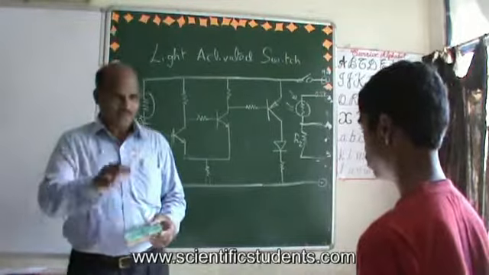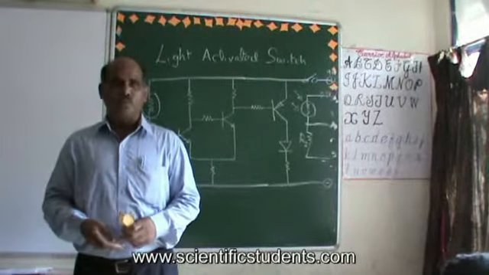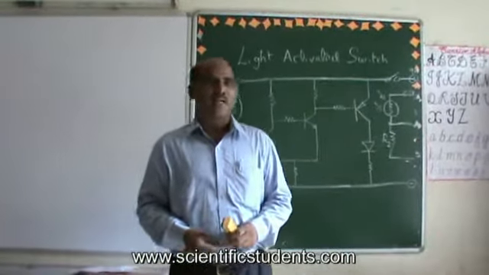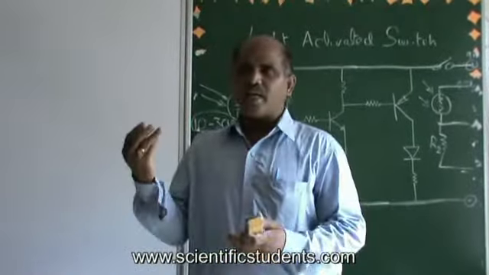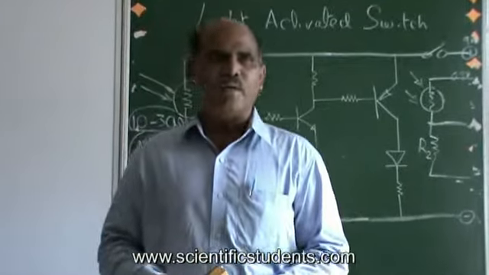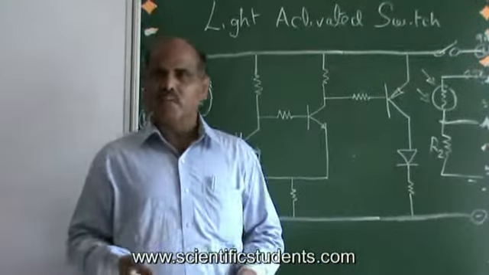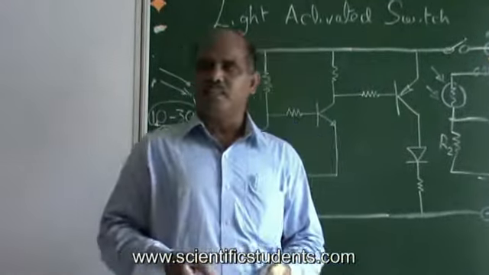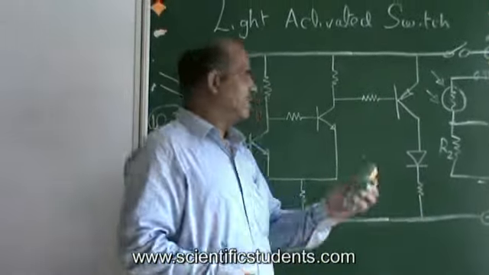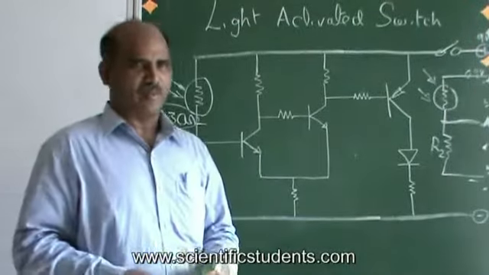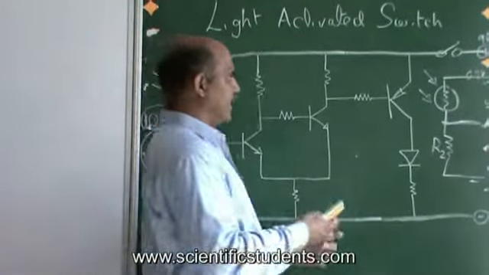Suppose you work late at night and go to sleep late, and in the morning you wake up at 8:30 or 9:30. Till then the light stays on unnecessarily. Why keep the lamp on? If at 5:30 or 6 o'clock the sun rises and the light automatically goes off, don't you think that's good enough to save some power? That is the ultimate goal of this entire project. So how do we achieve that?